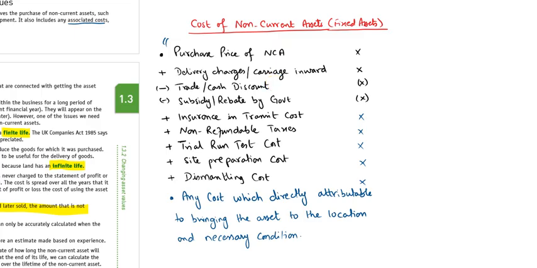So in this lecture we learned that only the purchase price will not be the cost of non-current asset. There will be a lot of costs which bring the asset to its operational form. That cost will also be part of the cost of non-current asset. So we can say the cost of non-current asset is a broader term than purchase price. Purchase price is one price, and all costs associated with it are also part of the cost of non-current asset. Students, any question at this point? No, sir.